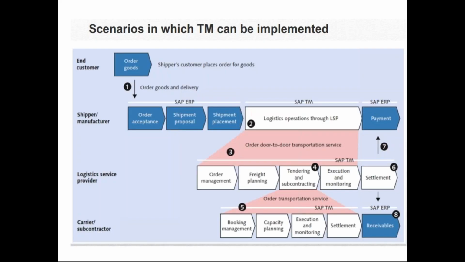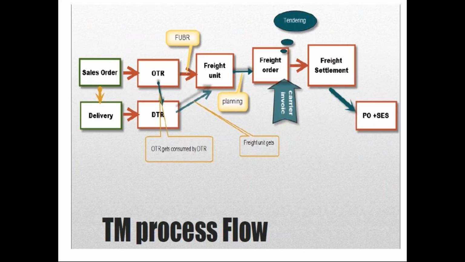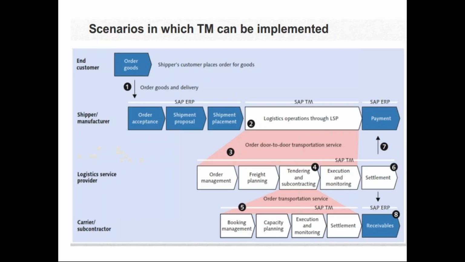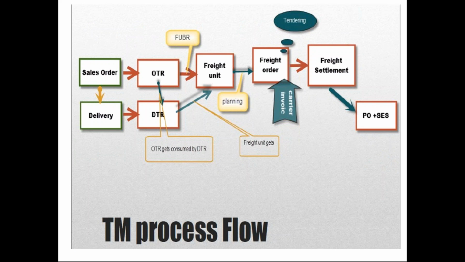Okay, so initially I showed you the master data in which we have covered the organization structure, right? The organization structure from the LSP perspective. So now what are the other topics left in the master data? If you see this, you can understand it. This we already discussed, the scenarios in the TM, and this is the first process flow from the shipper's perspective.